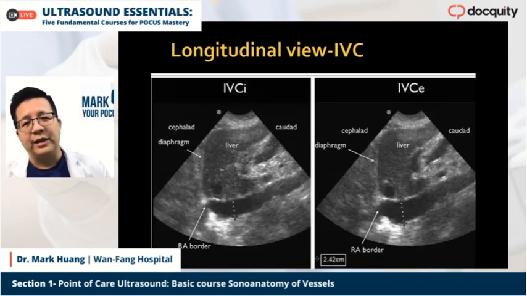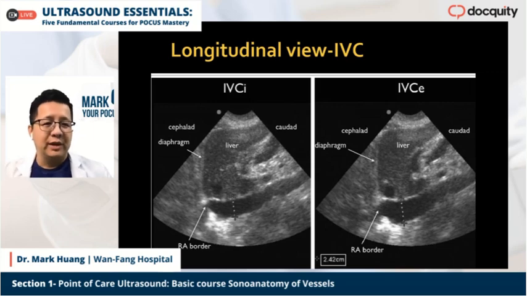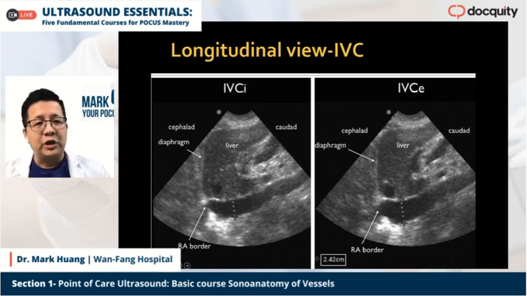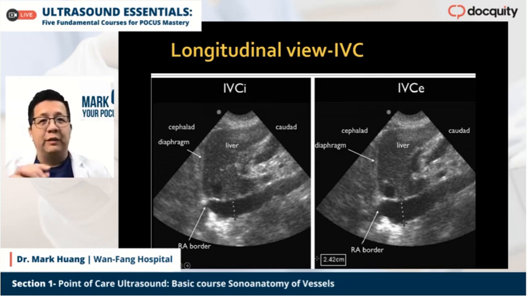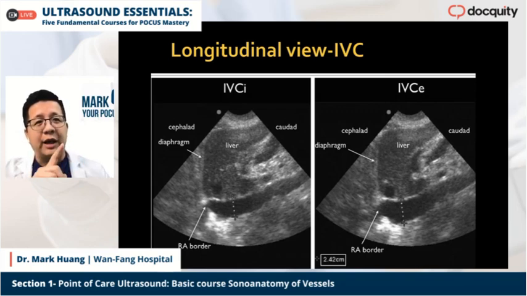So let's talk about the IVC. It's quite an important great vessel. You need to perform a sniff, the inspiration and the expiration, during your scanning. When you find the correct location, you can see the IVC, and you can observe the hepatic vein. Please take note: below the hepatic vein, maybe 0.5 centimeter or 1 centimeter, or so from the RA and IVC junction,